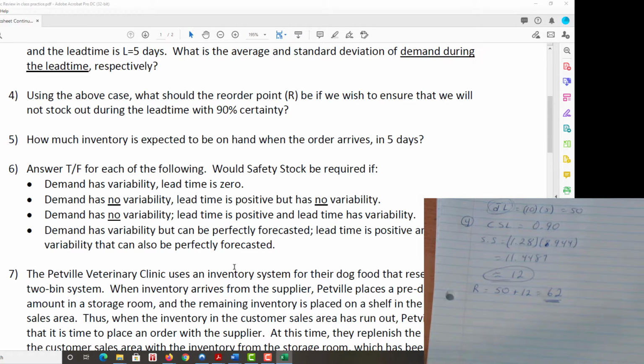How much inventory is expected to be on hand when the order arrives in 5 days? Well, what's the formula for that? I'm not sure. There is no formula. We already know it. It's D bar L, right? When we say what's expected, that means if demand is as it normally is, expected is like an average. Right? If demand is as it normally is,